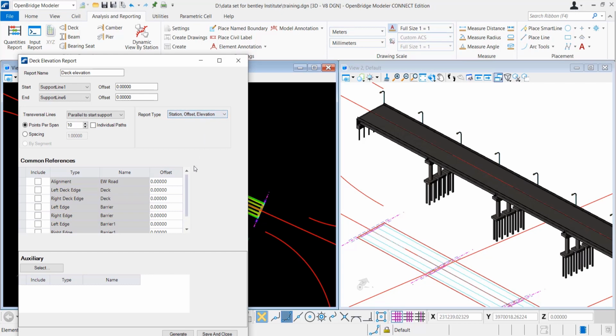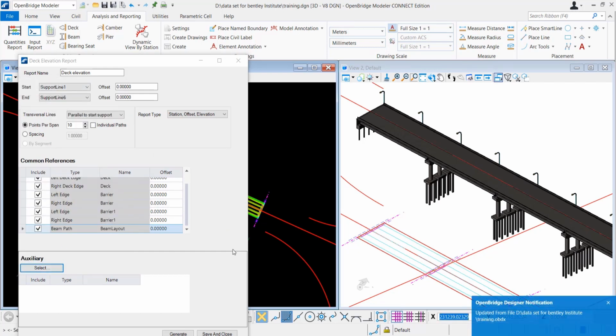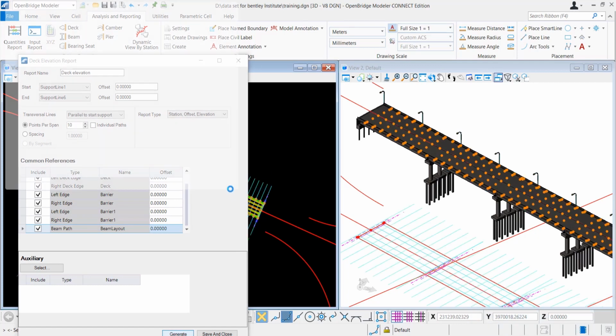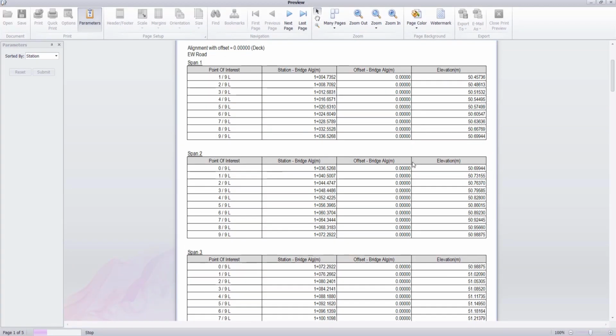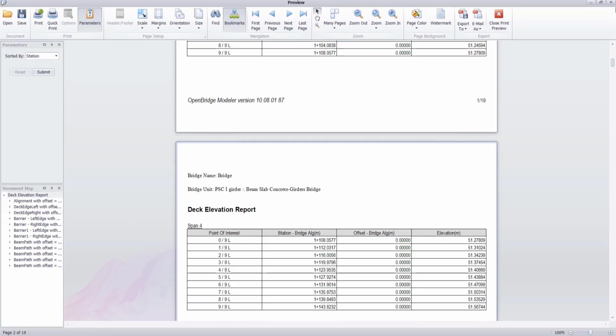And then what are the things you want to input in that report? You select them from common references, right? The alignment, left deck eccentricity, right deck eccentricity. As all those are the same for our bridge, it would not create any problem. But actually, all those things are available here. This will help you to send this report to the contractor, and it would be a great help for them for setting out. And you can create this deck elevations report as well during the construction.